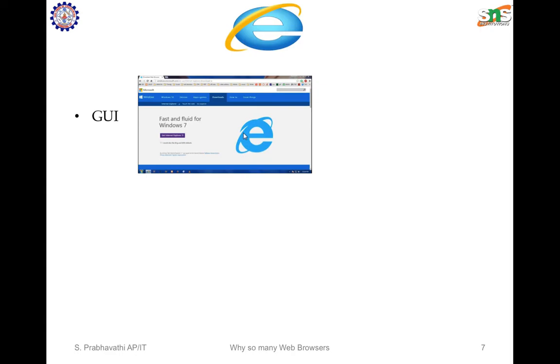Internet Explorer was once the most widely used web browser, attaining a peak of about 95% usage share in 2003. Its usage share has declined with the launch of Firefox in 2004, followed by Google Chrome in 2008, and with the growing popularity of operating systems such as Android and iOS that do not support IE.